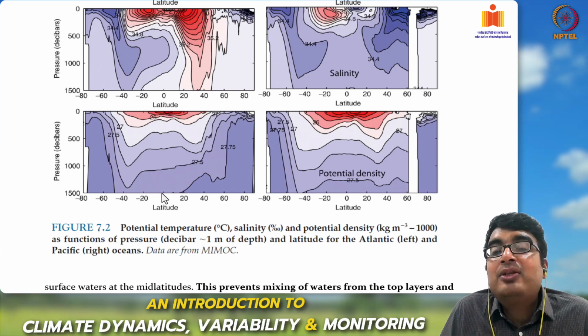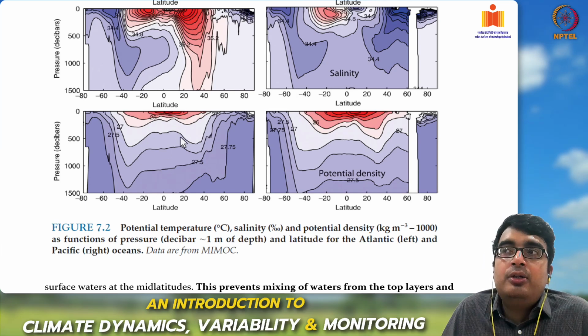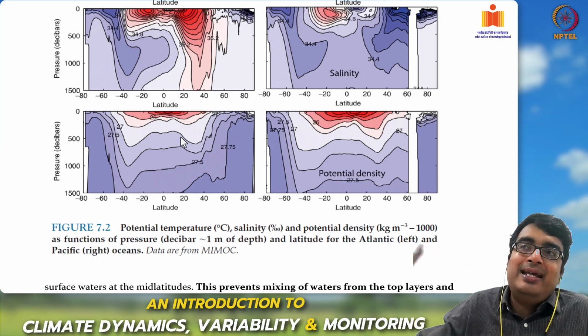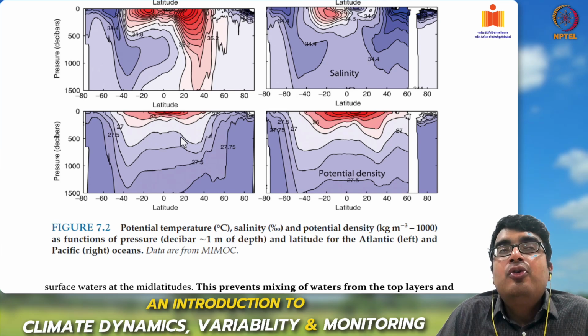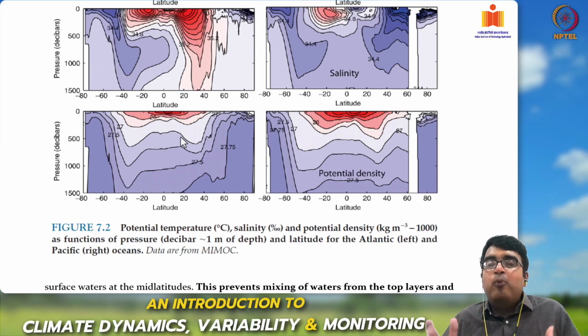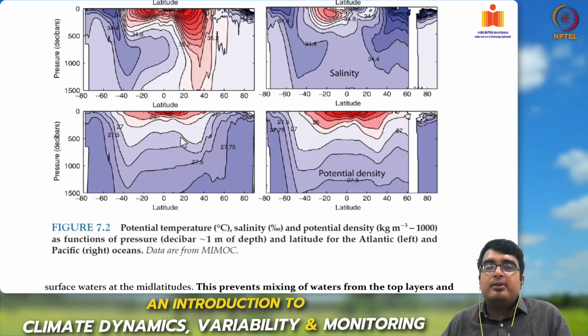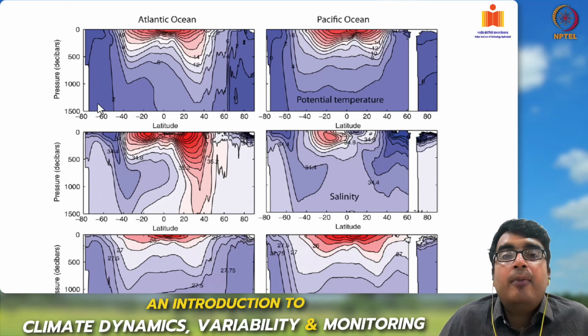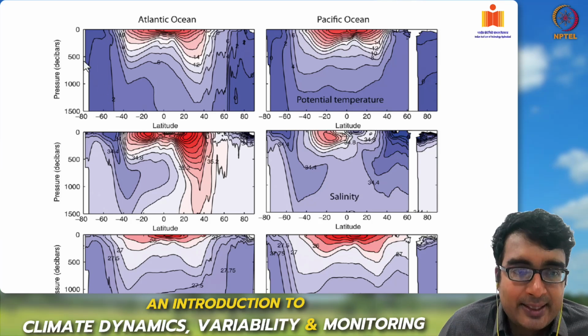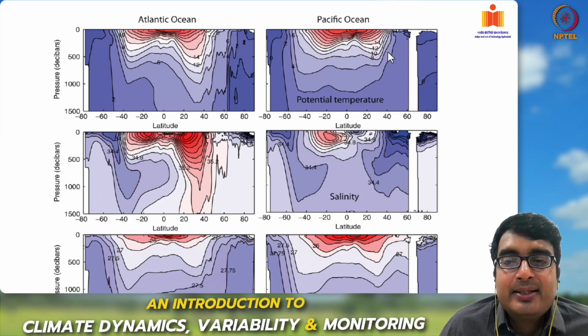Hence, there is very little chance of vertical circulation due to density effects. There is no buoyancy driven circulation at all because less dense water is at the top, more dense water is at the bottom. As a result, upwelling and downwelling of oceanic waters does not occur in the equatorial and the subtropical regions at all. However, because of the nearly uniform temperature gradients as well as salinity gradients in the high